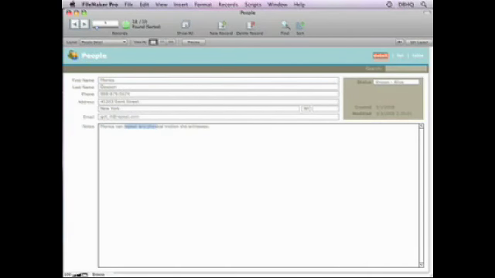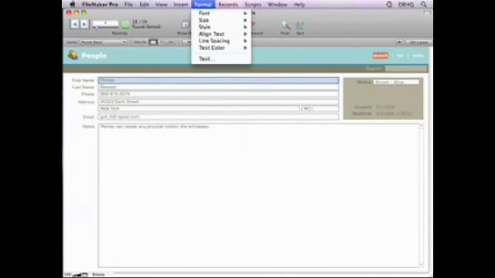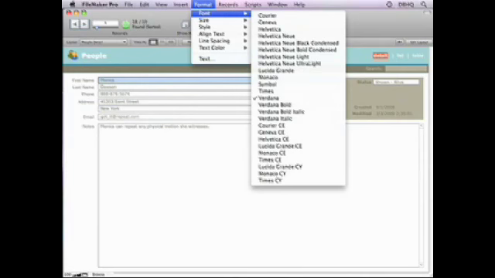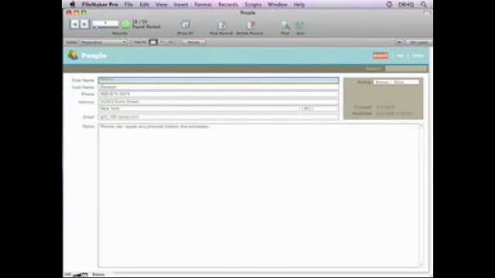custom bit of text. Double-click over a word to select it, and that works whether you're in a large field with lots of text or any of your regular fields that store smaller bits of text. With text selected, go to the Format menu and you'll see all the usual suspects. You can choose from all the fonts that are installed on your operating system,